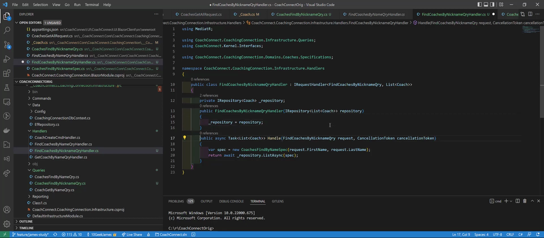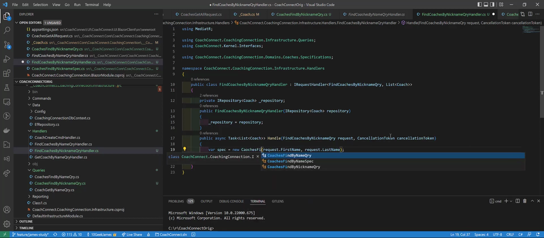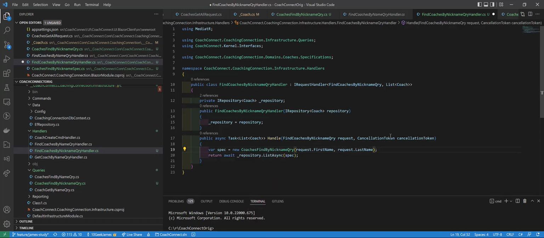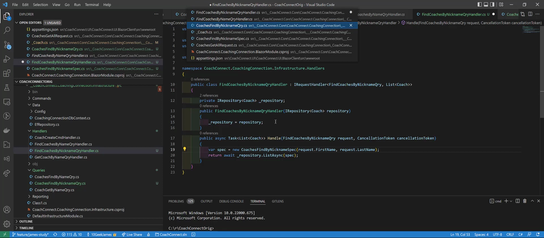All right, and oops, this is wrong. It is the repository of coach. That didn't change, and it's already returning a list of coach, so we're good here. We've got a good query request. We're down here. Coach is find by nickname spec. Why didn't that work?